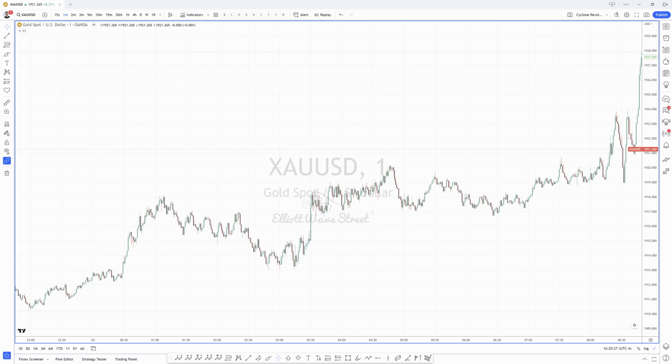In this chart of gold, we have a cycle here. So we have a high, we have a retrace. We have a high, we have a retrace, right? So we can imagine a center line in this first cycle. So we can start seeing that this is expensive and this is cheap. This is expensive and this is cheap.